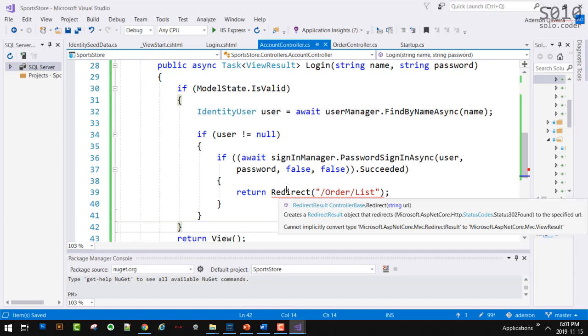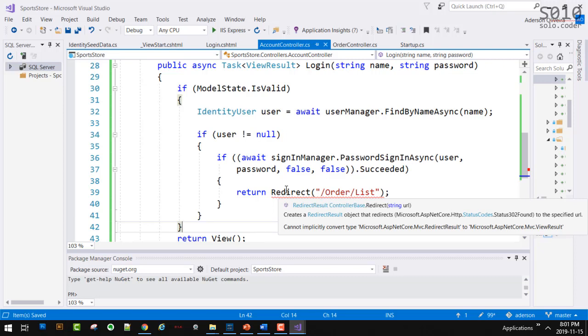View result and redirect result, they are siblings. So what do we need to sort it out? Who's the parent of both of them? Because then we can say, instead of returning the view result, return the parent of both of them.